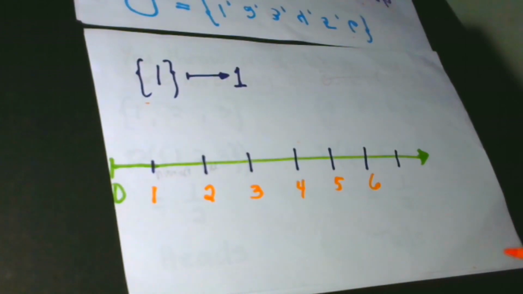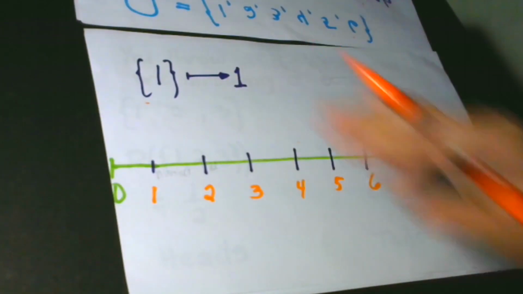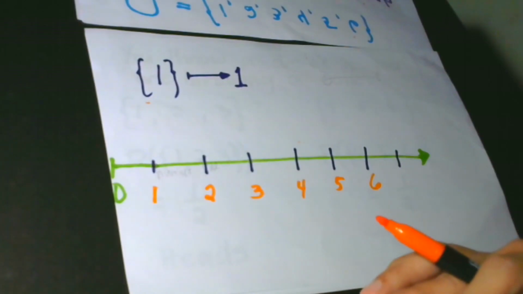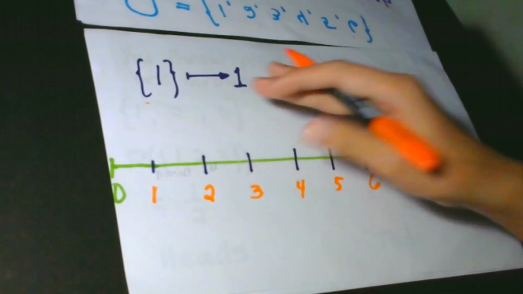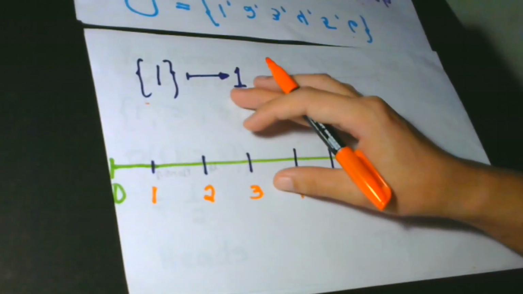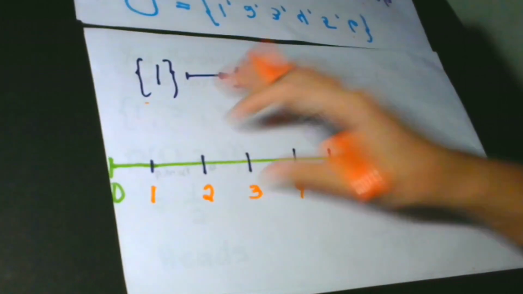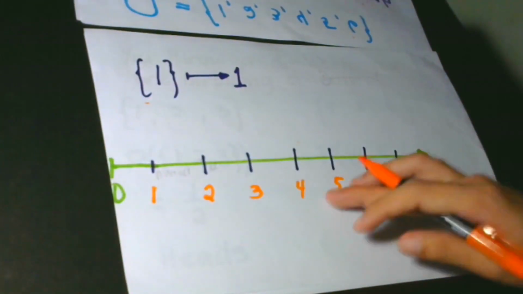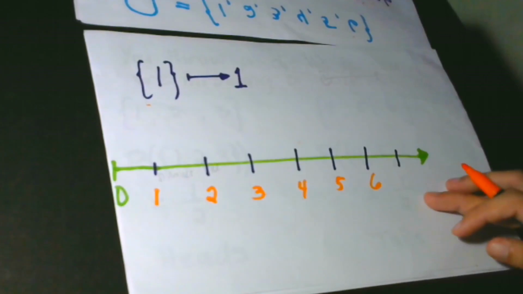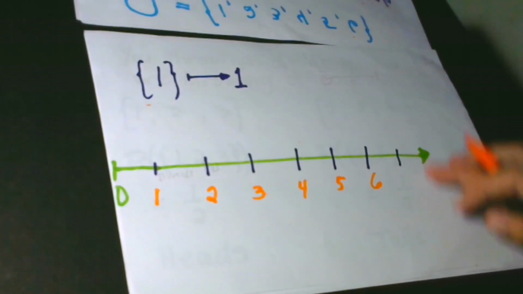We will have a separate lesson on this topic. This topic is quite interesting and sometimes very elaborate. In our future lesson we will talk more about the sets. Okay, so this is our number line. As you can see, each number in our set is represented in this number line.